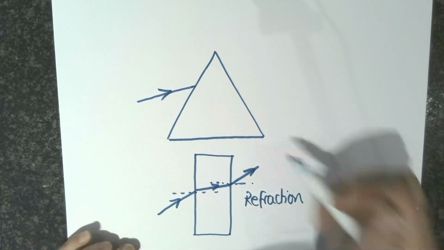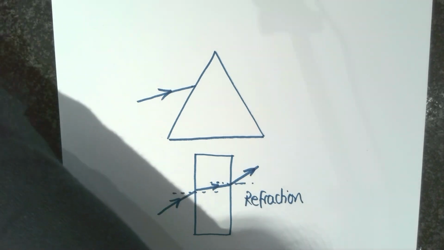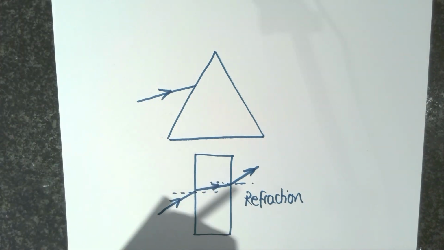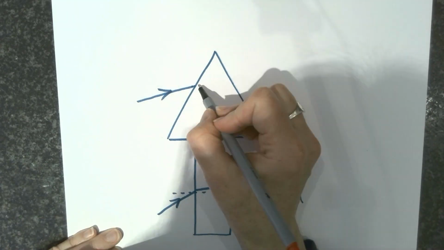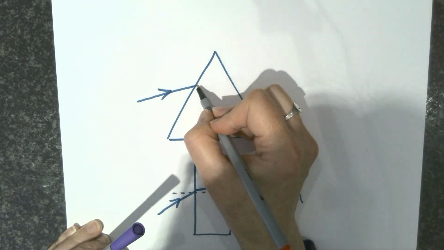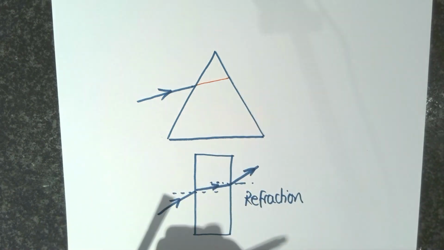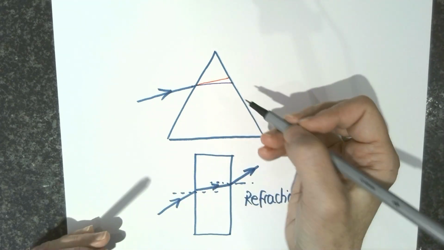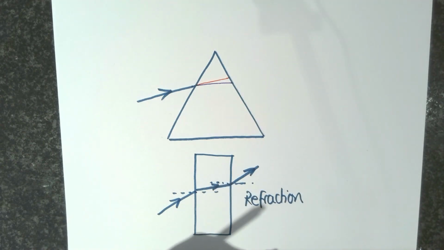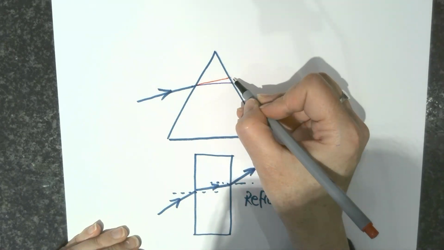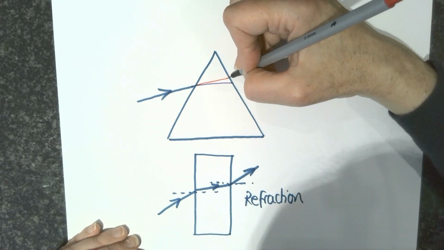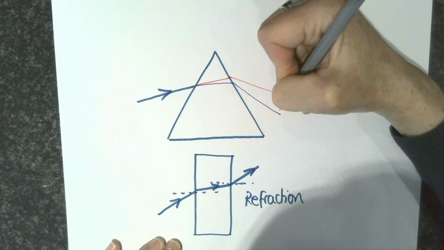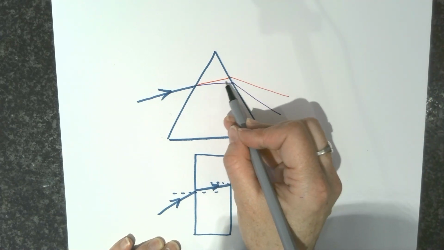But when we use a prism, what we find is something slightly different happens. Now you'll have to excuse my purple, it's a bit thin, and my red. The red light has the longest wavelength, so it is refracted the least. The violet has a shorter wavelength, so it is refracted the most. Now, because we've got another angled surface, the refraction happens again, and where the light is refracted away from the normal, we end up with our red and our violet being refracted, and all the colours in between, the orange, yellow, green, blue, indigo, are